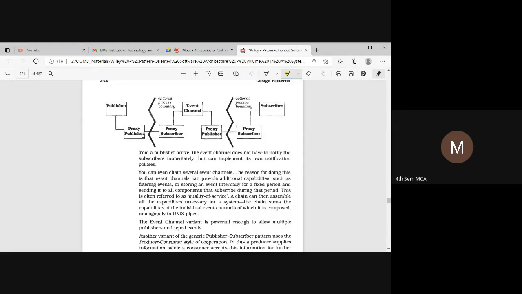From a proxy publisher, the messages will be sent to the proxy subscriber. We have an event channel, so through the event channel the event notification is sent to all the subscribers. Through the proxy publisher, the proxy subscriber gets notified and that reaches the subscriber. So this is how the changes will be notified.